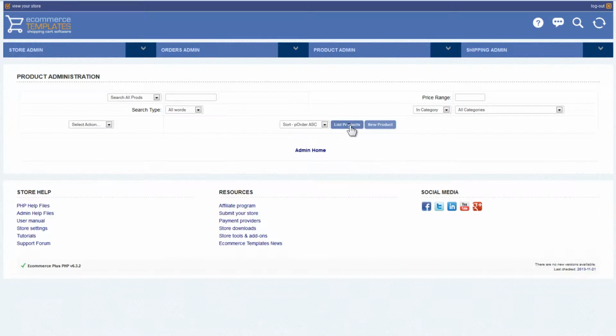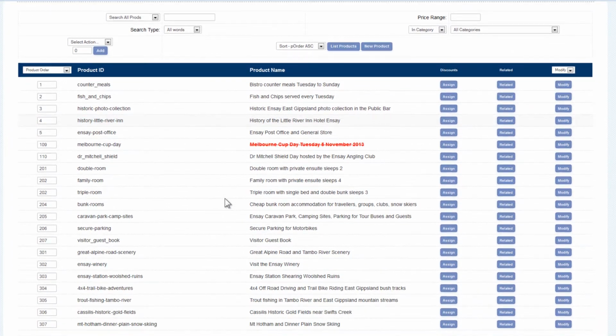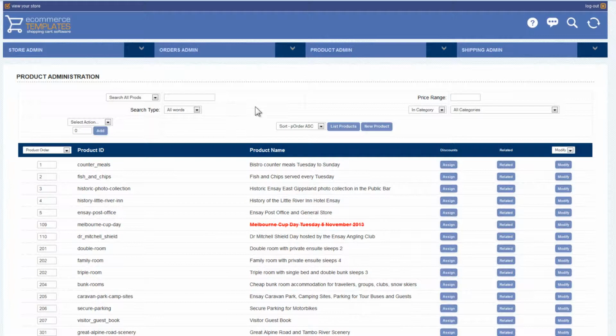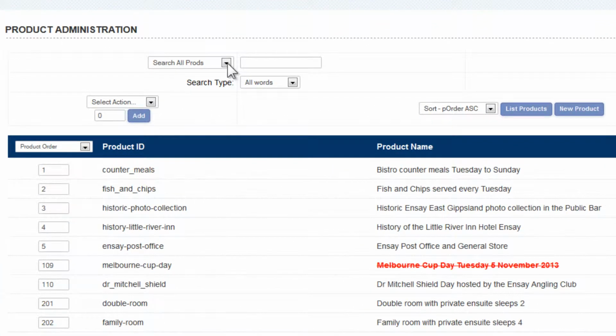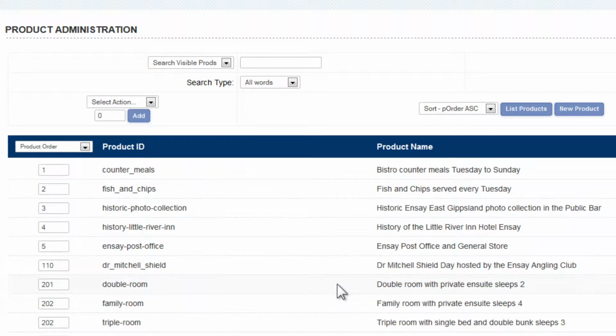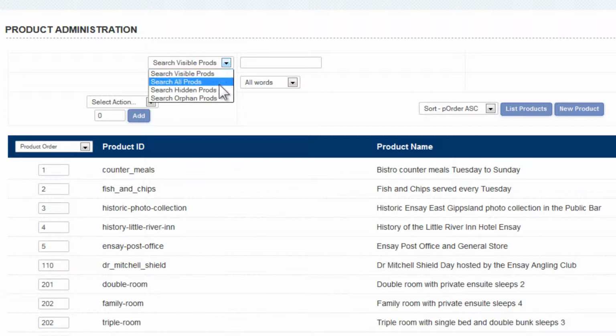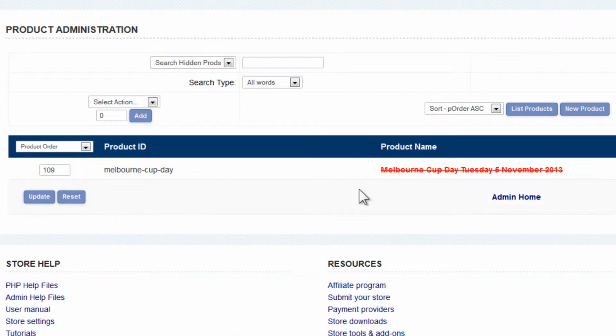Click the List Products button, and that reveals all the pages that are currently on this website. Notice there are some filter bars up the top left here, which display just the visible products or the article pages, the ones that are currently active. You can show the pages that are hidden and not used just at the moment, but generally you'd select search all